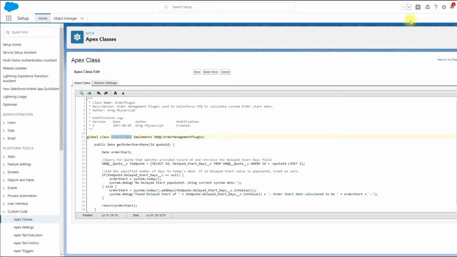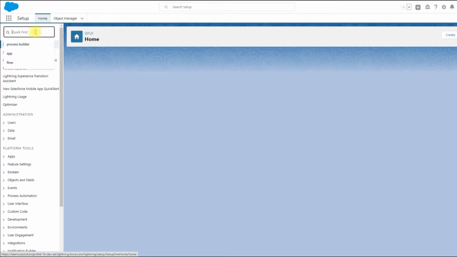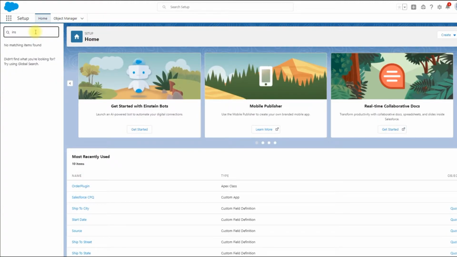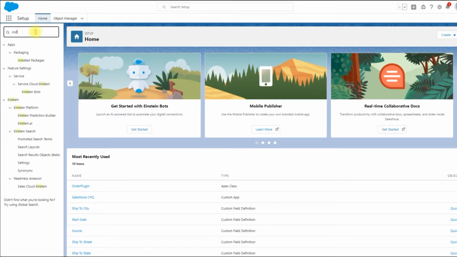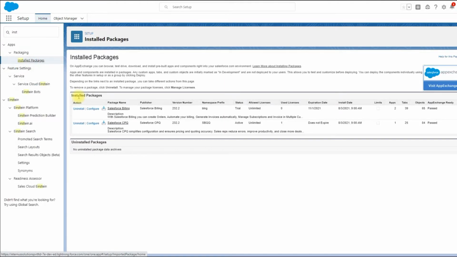As we know, to set up any CPQ plugin, we need to go to the package configuration, and in the plugin tab we need to add this particular API name. So navigate to the installed package.